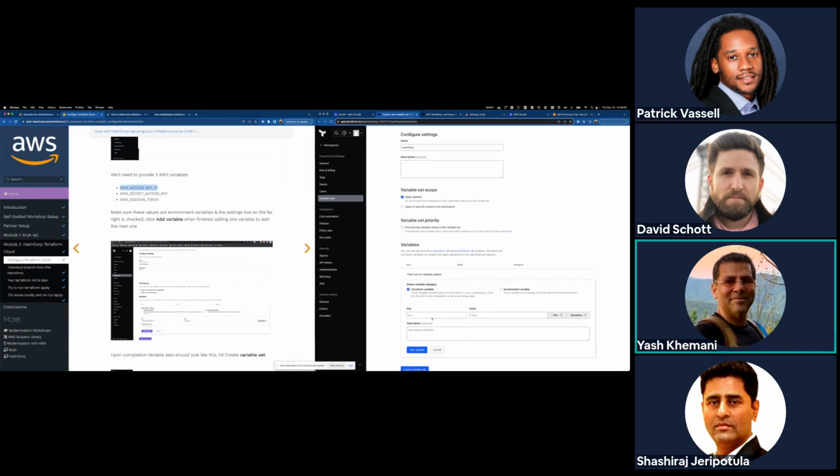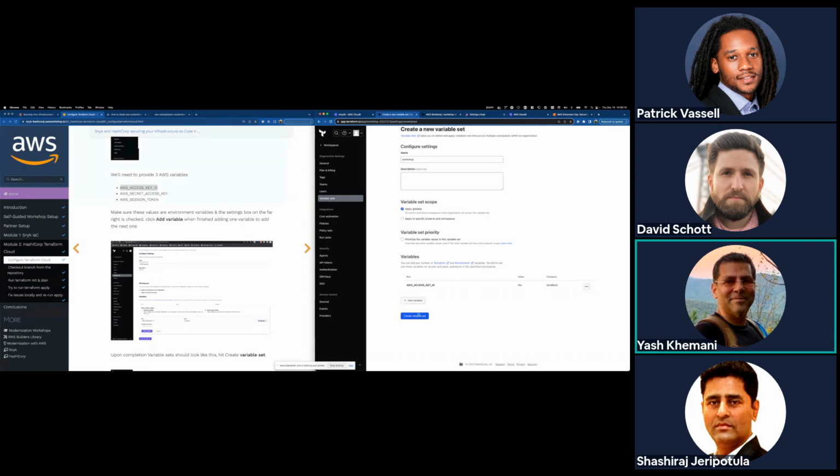My AWS access key ID, and then of course the value that I get from when I had generated this earlier under the IAM section in my AWS Cloud Console. I'm just going to put a value here for the purpose of a demonstration, and I'll add another. I did the wrong thing, so let's go fix it. In case you did this as well, I want this to be an environment variable, not a Terraform variable. Then I'm going to create another environment variable, AWS secret access key, again an environment variable, but here I want to mark it sensitive.